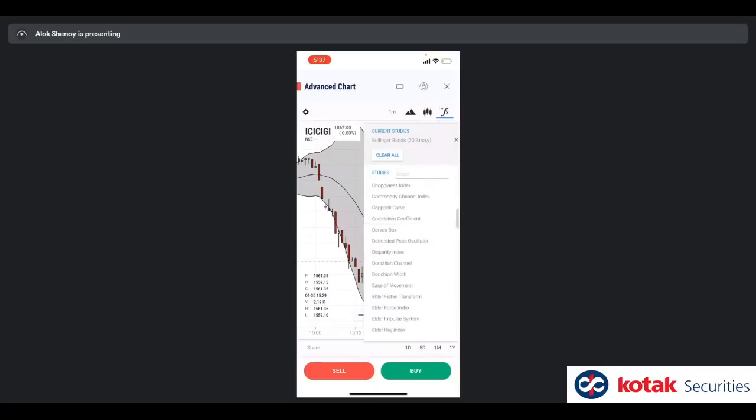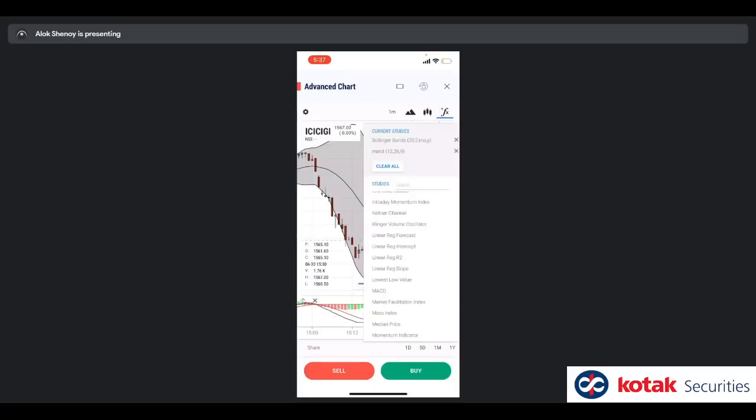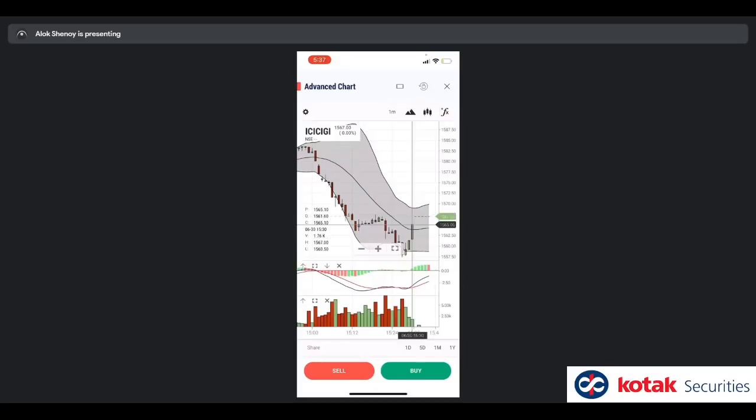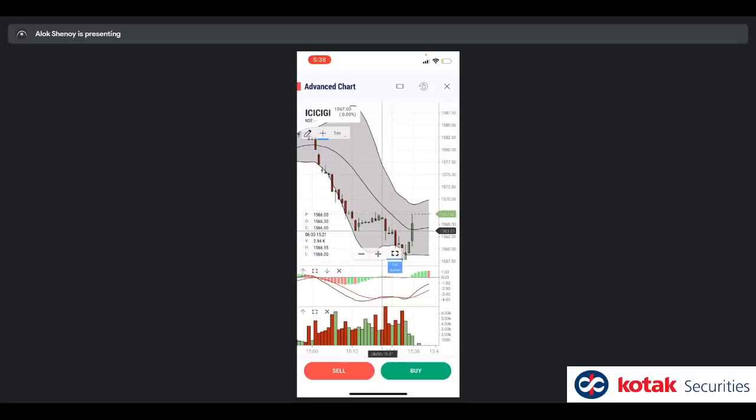Let's at the same time look at MACD, which is down here. Let us also look at volume trend, which is down here. So I'm seeing multiple charts in one screen. I want to expand this in the vertical, in the portrait view itself. I just click on the full screen option and I can see a slightly taller chart, right?